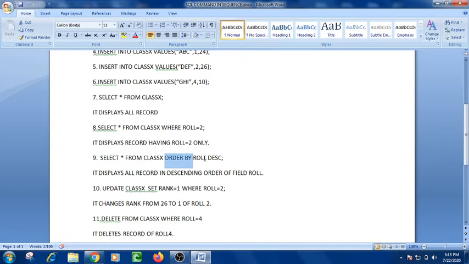Then we write down the name of the field, then I have to mention the descending or the ascending. For descending I will use DESC, and for ascending we will use ASC.